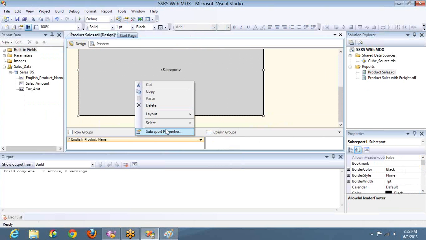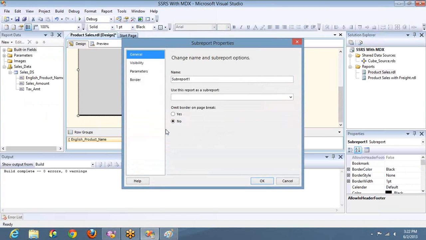In this sub-report, I want to call the second report. How to do that? I can give some name or leave it as is, whatever it is taken. By default, it is sub report 1 or sub report RPT prod sales. And if you see the second option, the second parameter, it's use this report as sub-report. You have to pick the report that you want to show as the sub-report, and this is the one you want. And if you want to show the border,